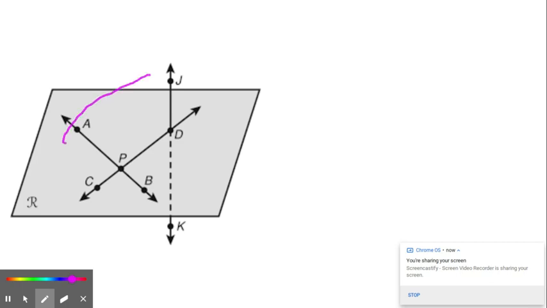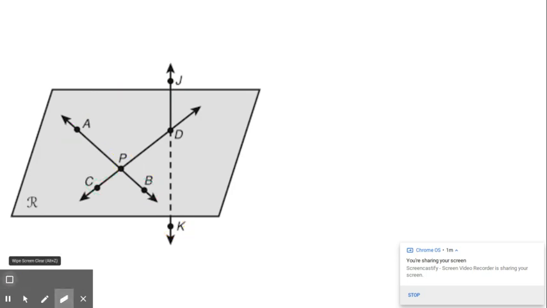So even though A and J are not technically on the same line in the diagram, they are still collinear because 2 points always have to be collinear. Same thing with, I don't know, C and B. Same thing with P and K. Those are always collinear. So no matter what, 2 points are always collinear. 3 points, 4 points, 5 points, 6 points can be, but they don't have to be, which leads us into